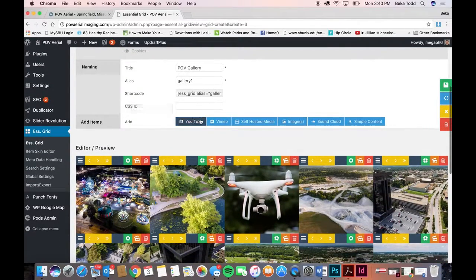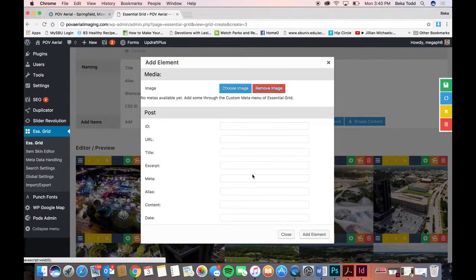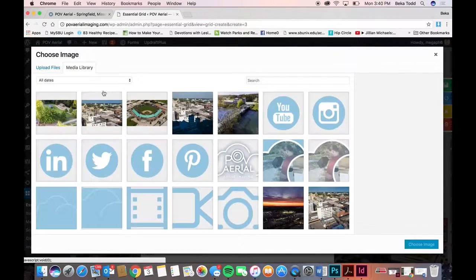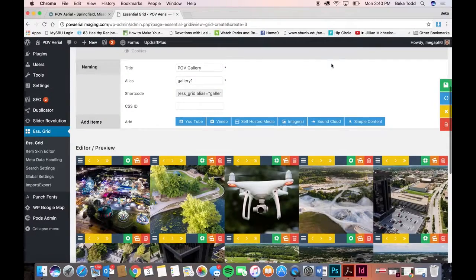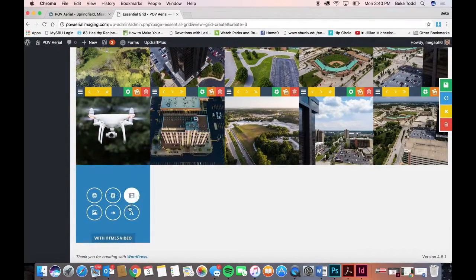And you can add items through here. So do I want to add single or bulk items? And then again, it takes you to your media library, and that's how you would edit that. Click save, and you can refresh and preview. You can delete the grid. Obviously, you're not going to want to do that. You can add through here,